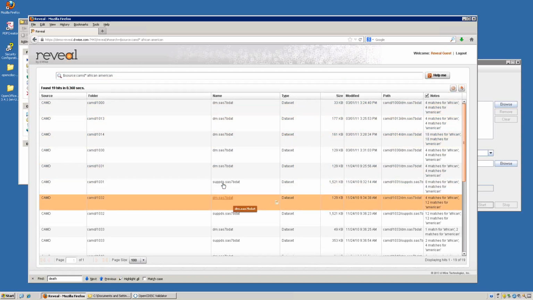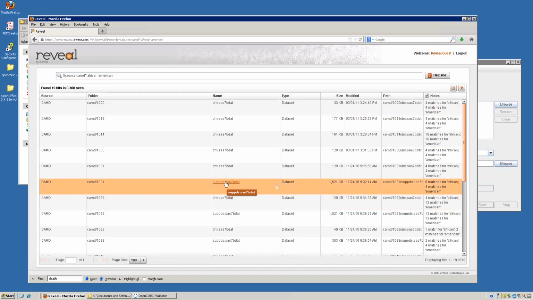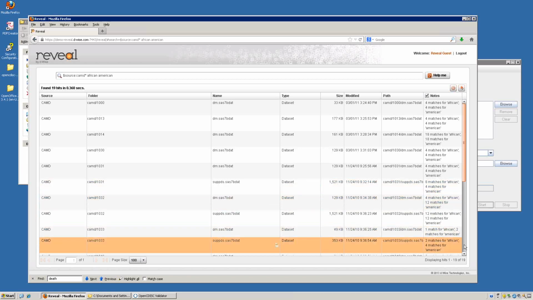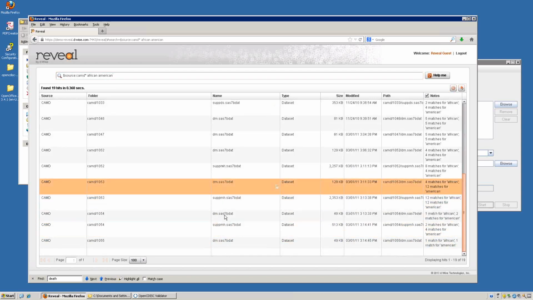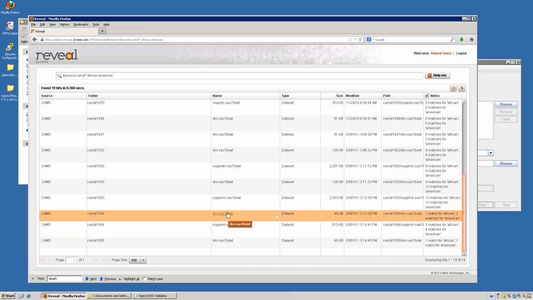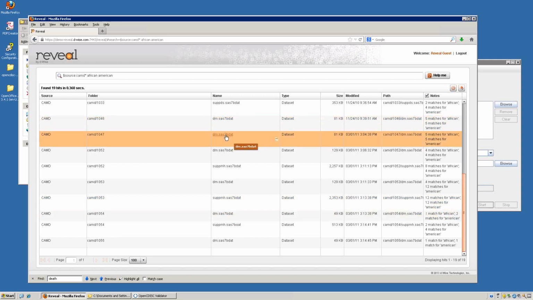It returns some dispositions, a supplemental qualifier for disposition, and some other items down here, mostly demographics, which is what you'd expect to see if you are looking for a race category such as that. And based on this, you could actually